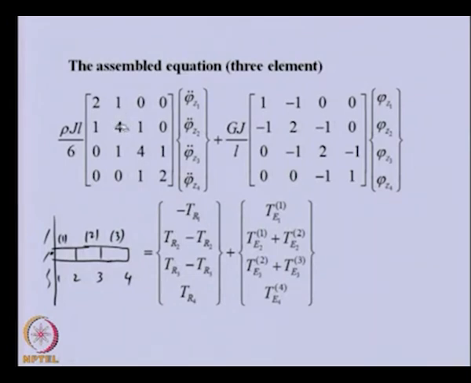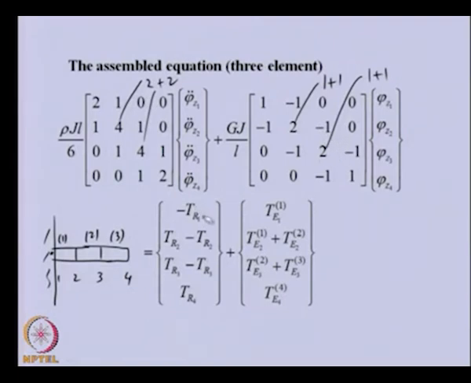In this, contribution from the second element and the first element both are there. Similarly, here contribution of this second and third element is there, and this is from the third element. So, basically this is coming from 2 plus 2, and similarly this is coming from 2 plus 2, and in this stiffness matrix also this is from one element and the second element, and here also from second element and third element. So, this is just extension of the previous assembled equation for 3 nodes or 3 elements, and here